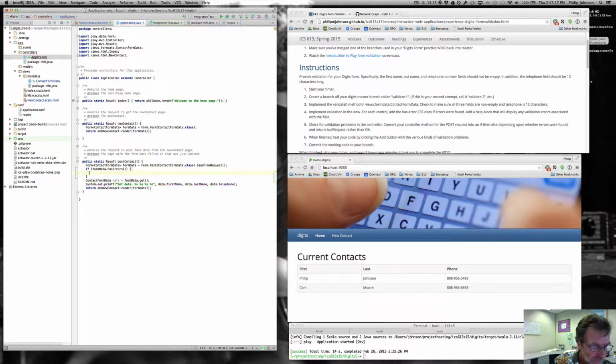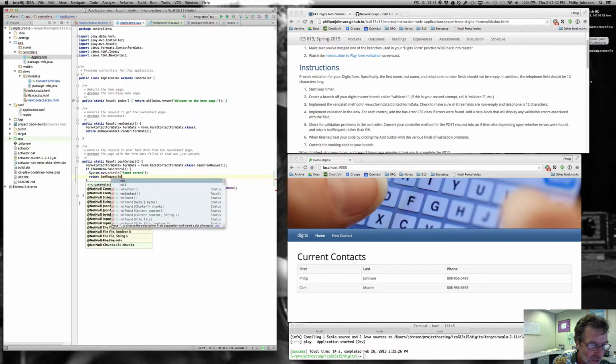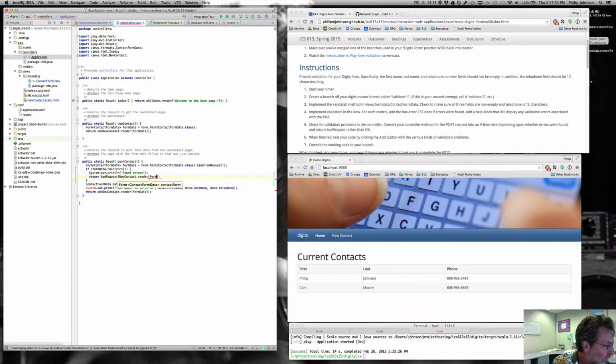Then what we're going to do, just for fun, is a System.out.println and say "found errors." You don't have to do this. You won't want to do this after you get a little more experience, but the very first time you're writing this code, you might as well print some stuff out to convince yourself of what's actually happening. And then you want to return a bad request with new contact dot render with form